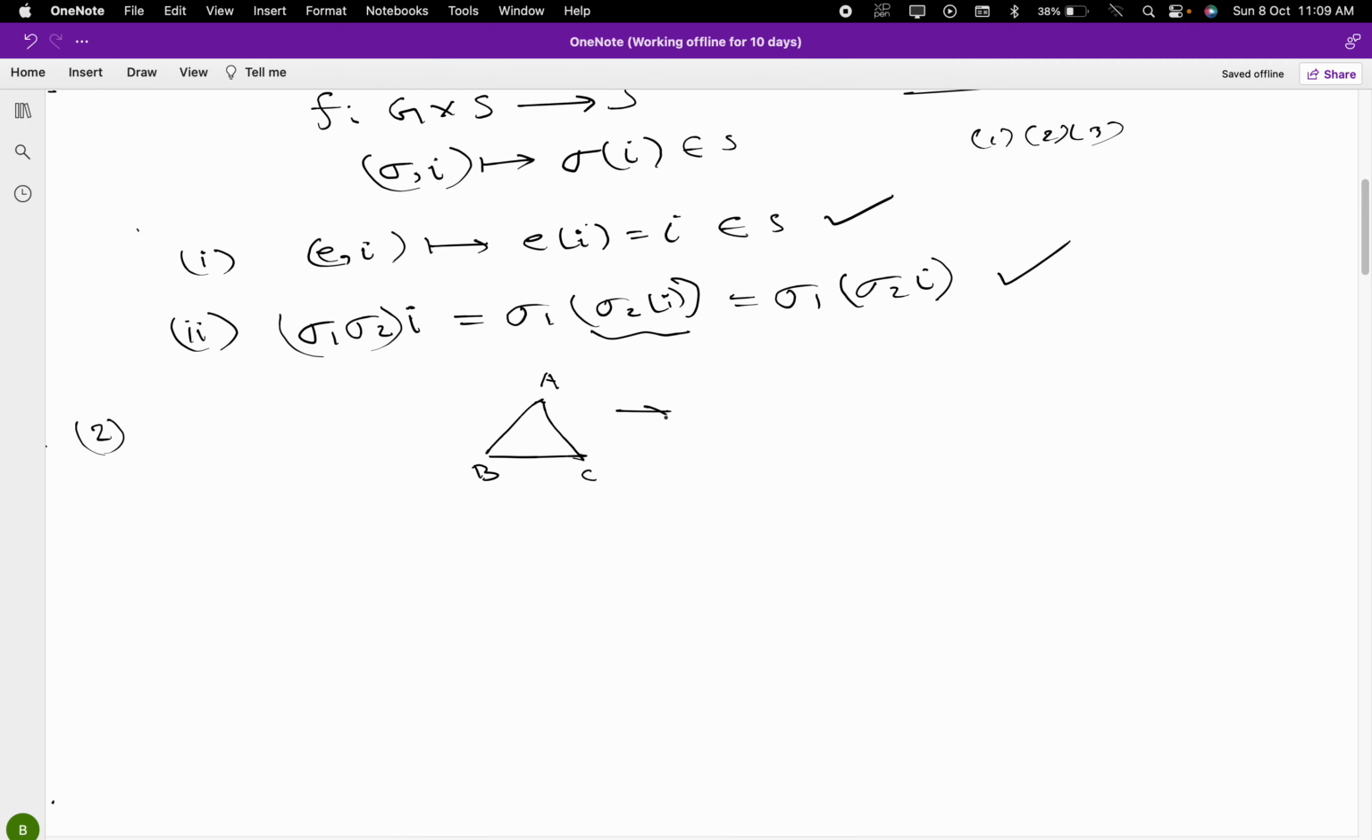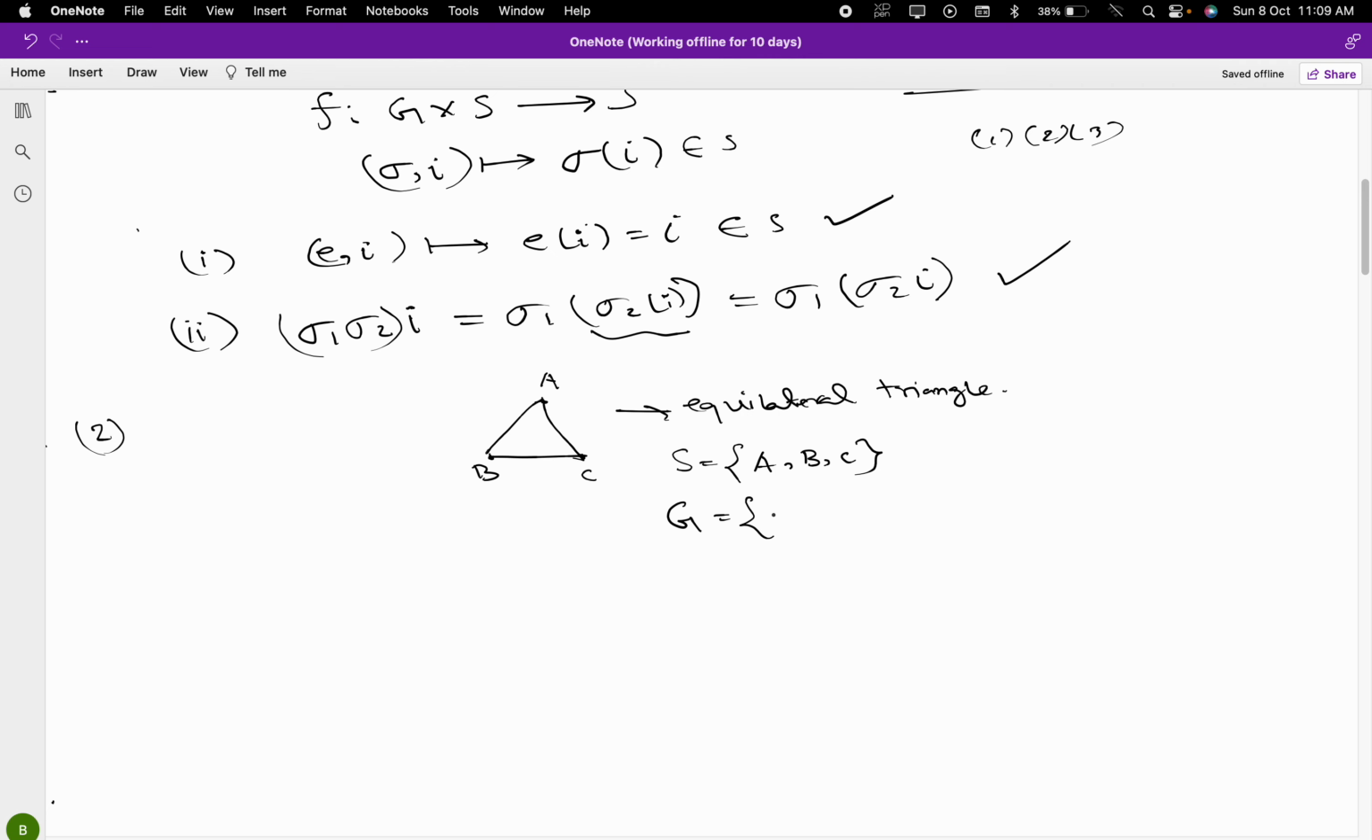Assume that this is an equilateral triangle, right? So these are the vertices, right? You take S as the vertices of this equilateral triangle. What are the vertices? A, B, C, right? This is the set of vertices of the triangle. And G, you can take the G